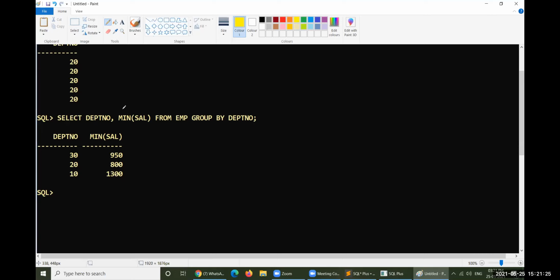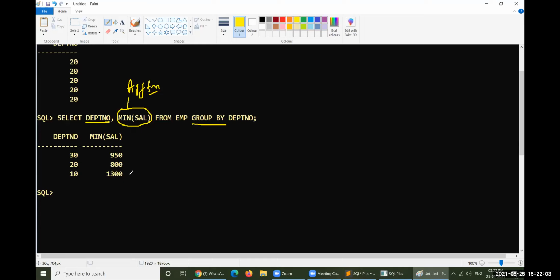Here salary has been taken with aggregate functions. When a column is operated in aggregate functions, there is a possibility to use group by. Besides aggregate functions, there is a chance to use ordinary columns, ordinary attributes.